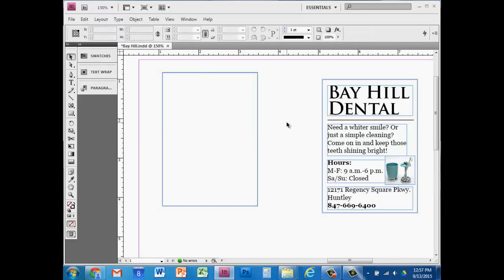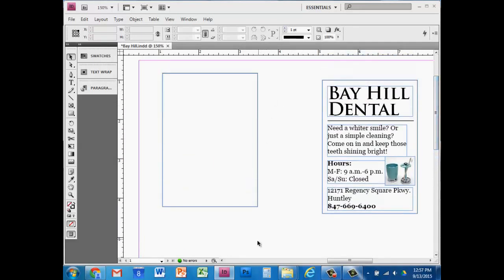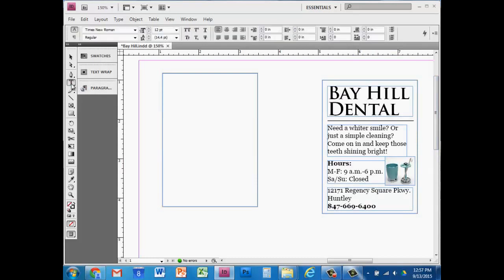Let's put in the first block of text. See, it says Bay Hill Dental over here on the right. Now, the way you do that is you can type it. Watch this. The way you type or work with text in this program is you hit the text tool. Now, what a lot of rookies do when they do their first ad is they want to put in Bay Hill Dental, so they click inside the rectangle